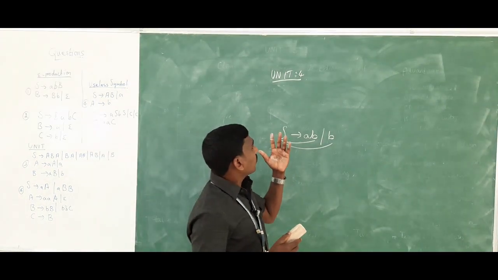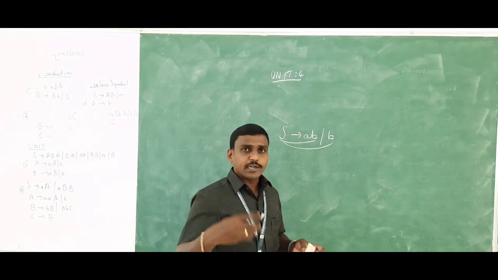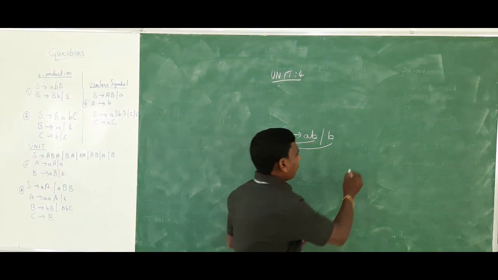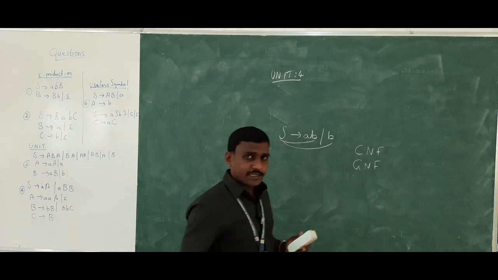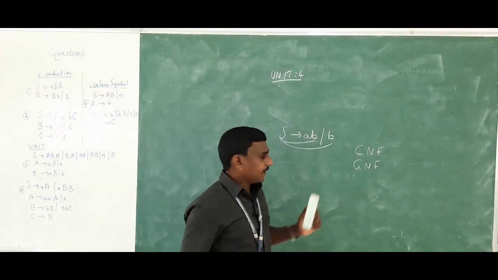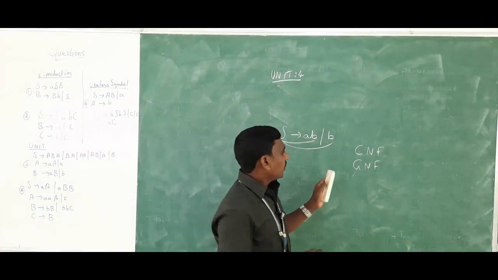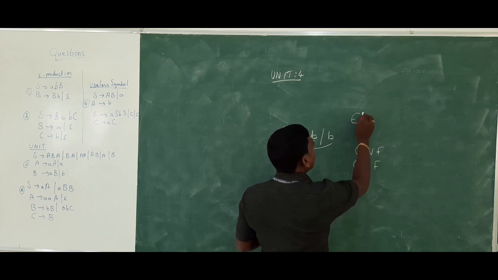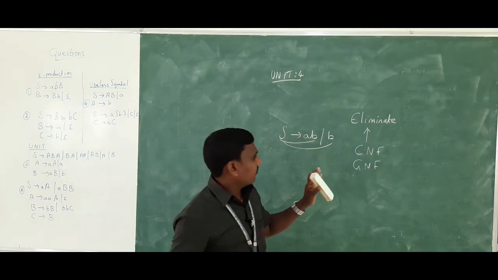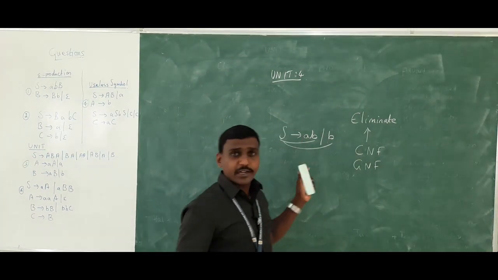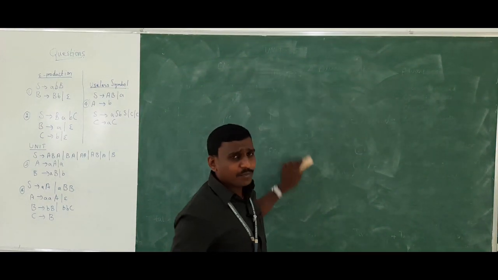And here in Unit 4, we are going to see some normal forms. Normal form means that I will tell you in the next video class. For example, Chomsky normal form and Greibach normal form. Okay, we will study in the next video class deeply what is Chomsky normal form and Greibach normal form. But in order to solve Chomsky normal form and Greibach normal form, before that we should know how to eliminate the grammar. We have to eliminate some few things from the grammar. What are they? That I am going to teach you now. Okay. So first thing, elimination of grammar.